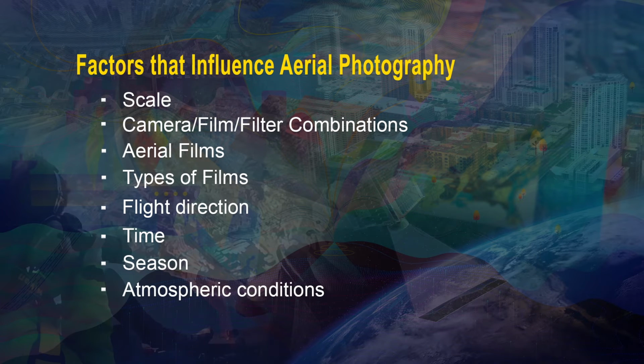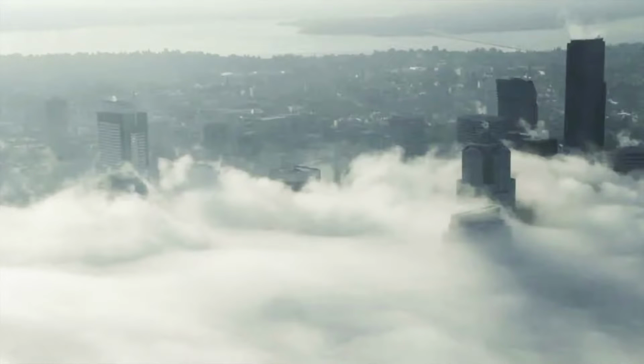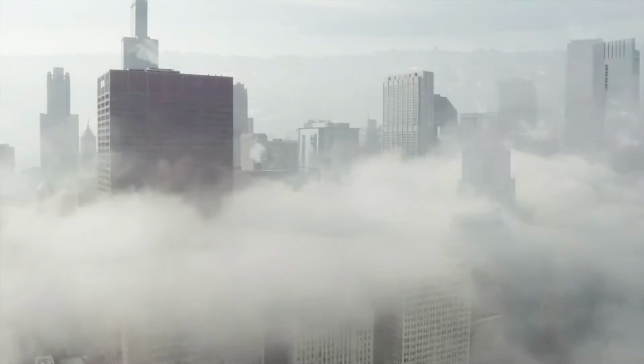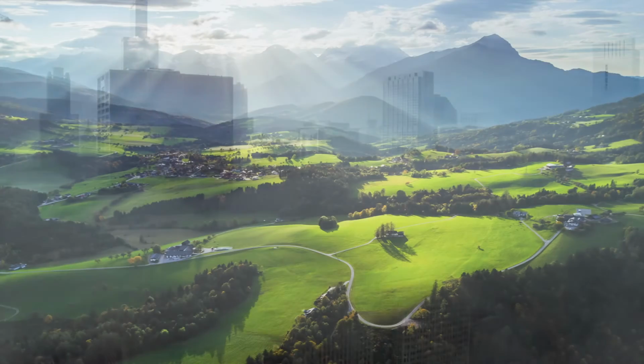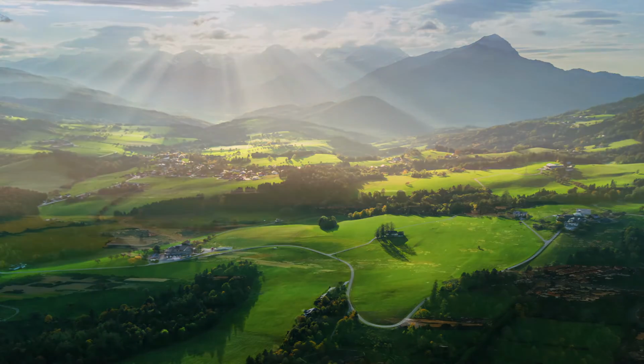Atmospheric conditions. As mentioned, the presence of particles, that is smoke, dust or molecules of gas, in the atmosphere tends to reduce the contrast because of scattering, especially by the heavier particles. Therefore, the best time for photography is when the sky is clear, which normally in India is from November to February.